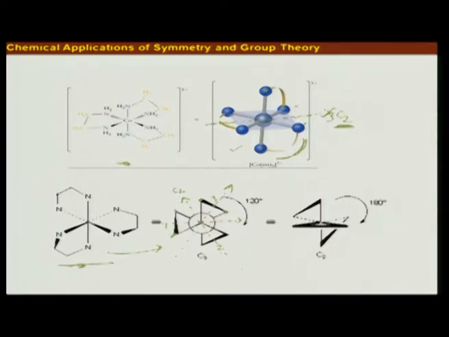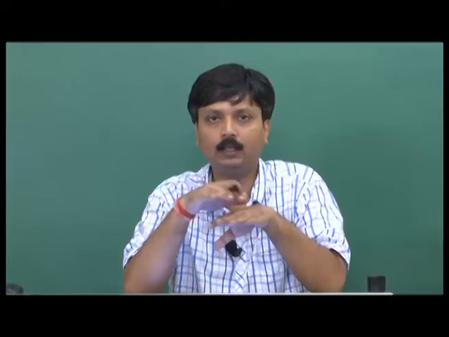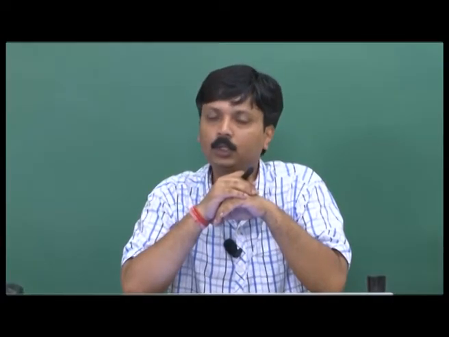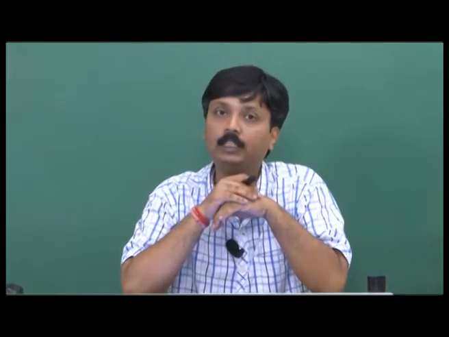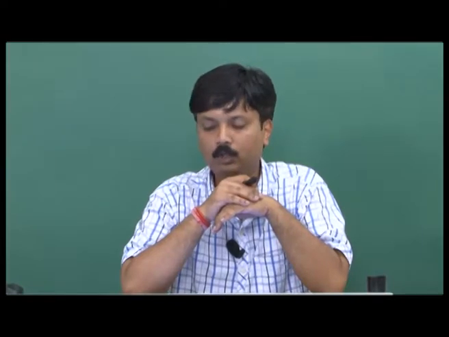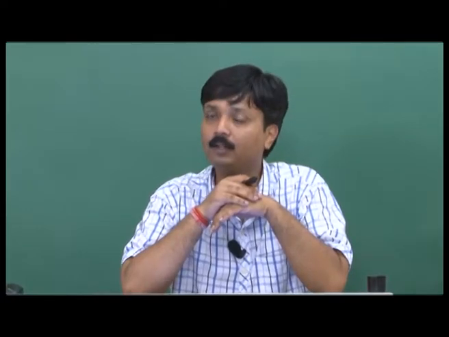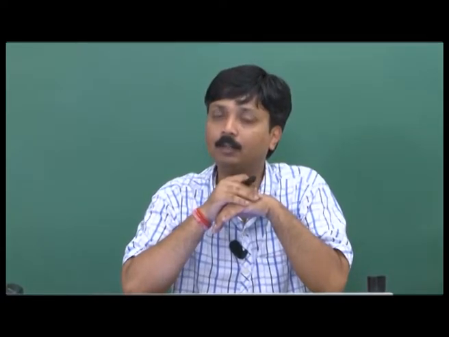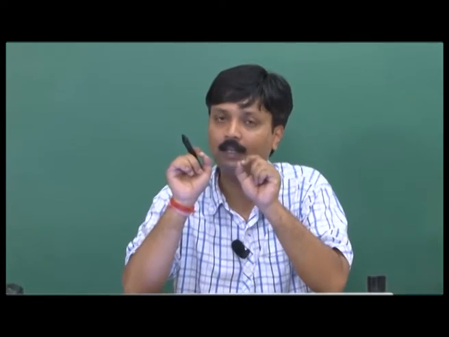So, I got a D type point group where the principal axis is C3. Now, do we have any other symmetry elements present here? Do I have a sigma H from these structures? No. Pretty much like this ferrocene at staggered conformation. So, I do not have any sigma H here. Now, do I have any sigma V? So, I do not have any sigma V's here, because this case is also slightly different from the staggered ferrocene conformation. Okay, and that slight difference